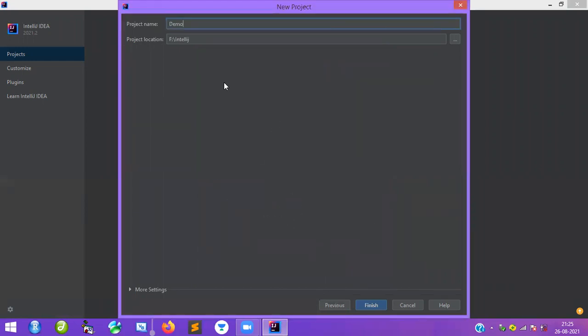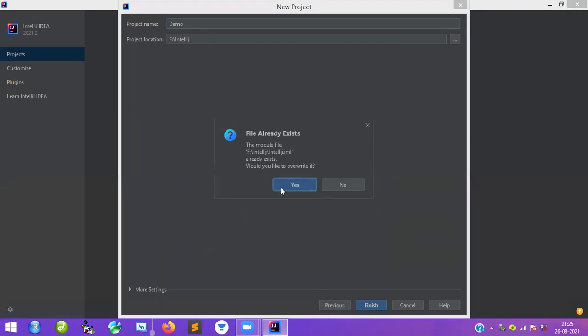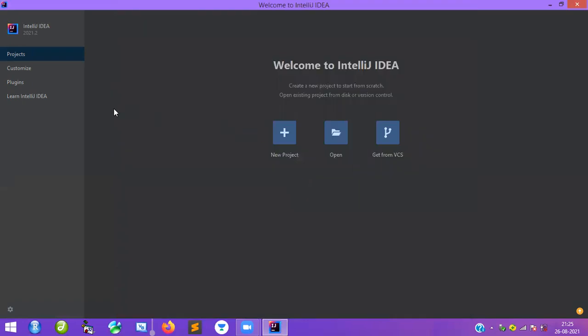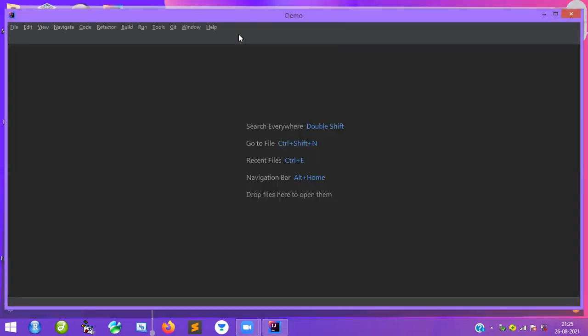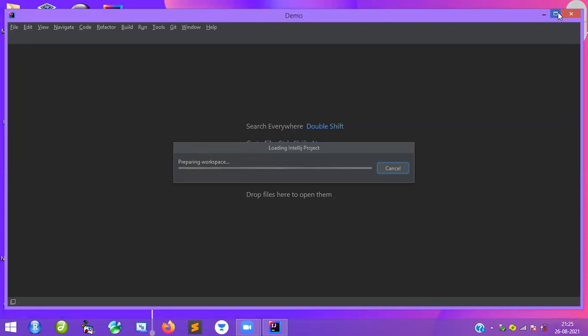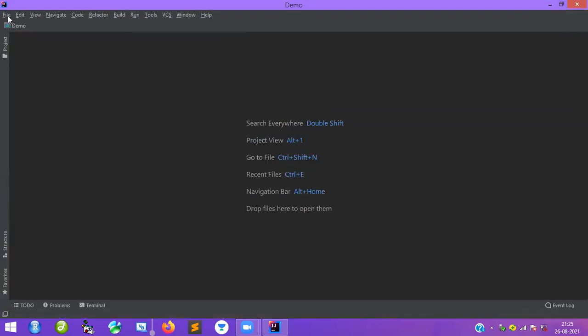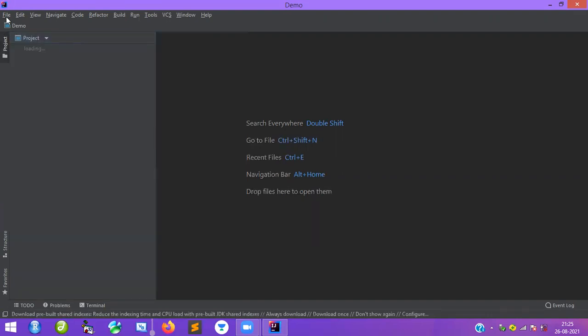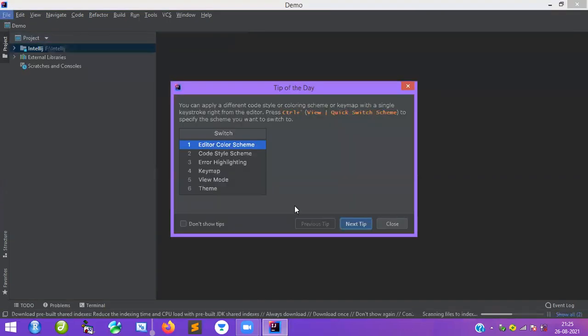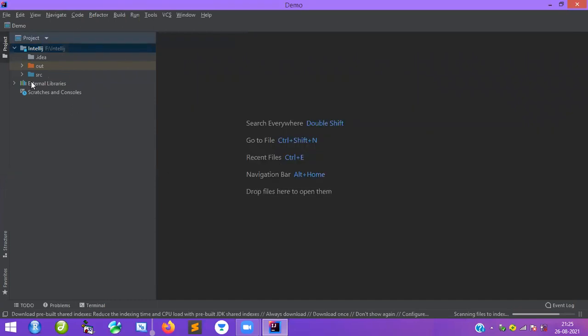Say okay, done. Whatever programs you write will be stored in that particular folder. Okay, say yes, that's it. Yes, I want to override this one. So now you can see, we got it. Everything is done very cleanly, very nicely. So go to file now. Close this one, not required.